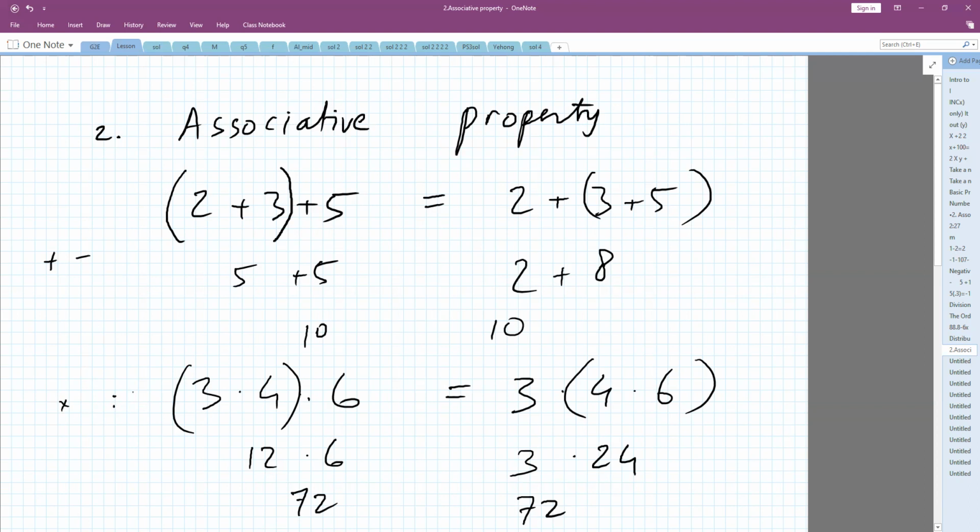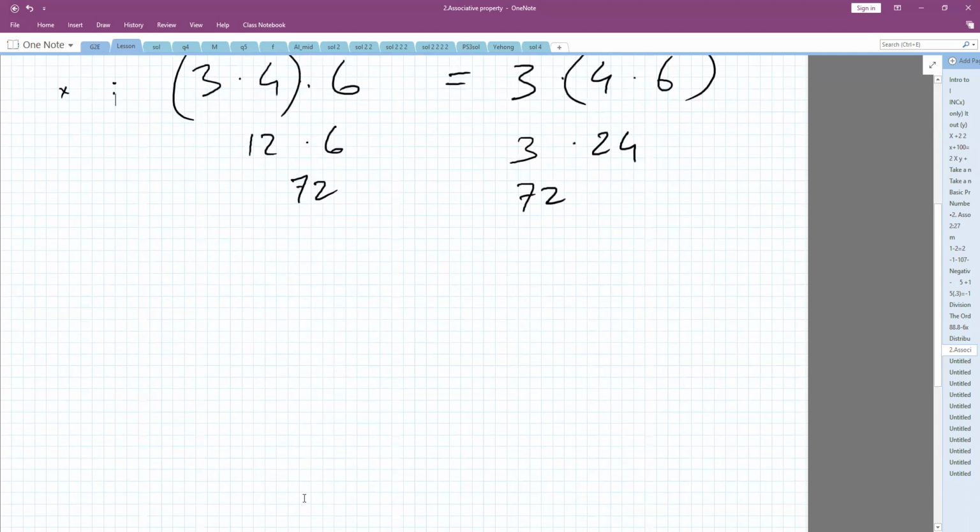Now be careful. For example, if you have 2 plus 3 times 5, that is 17. How did you get that number? I did 3 times 5, that's 15, then 2 plus 15 is 17. Very good. So in this case, if we don't have any bracket,